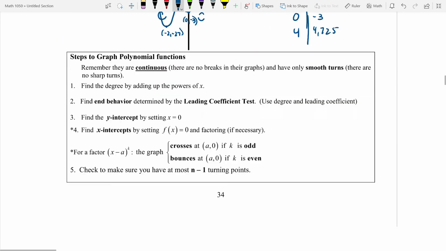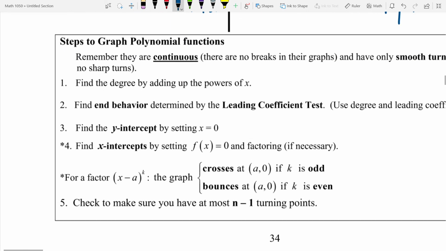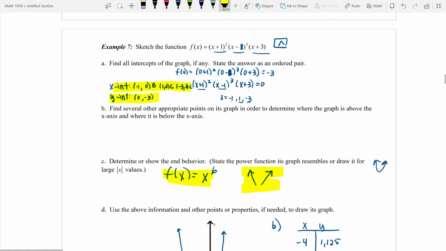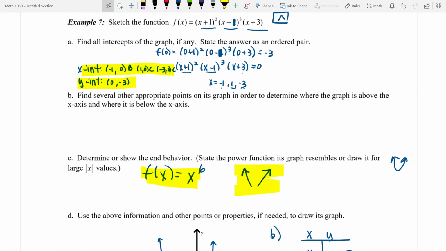Okay, this part right here, exactly what we just talked about. Continuous means it just flows. End behavior, intercepts, crossing and bouncing. Turning points, that's really big. I should have probably added that in here. On this guy right here, everybody just answer this because I really think you're going to see it. What's the most number of turning points that would be possible on that graph? Ooh, it's 5. Yeah, you take the biggest exponent, which is a 6, subtract 1, so it's a piece of cake, right? But just make sure you know it because I think it's going to be